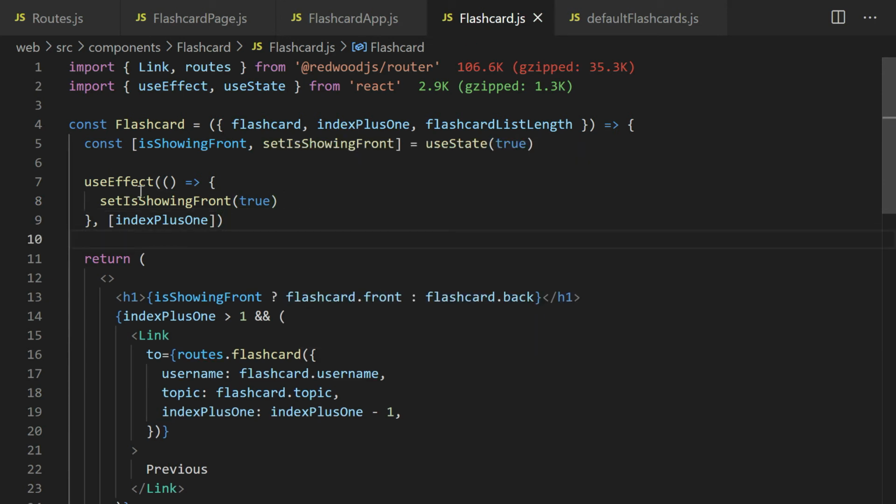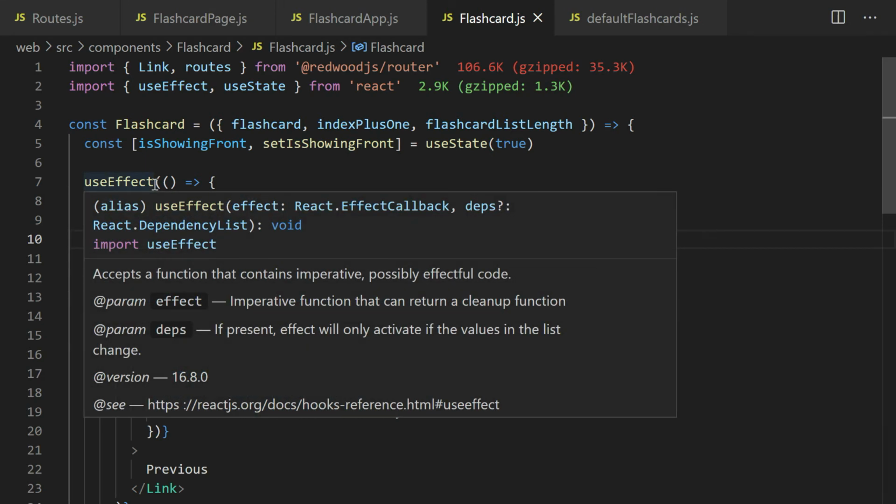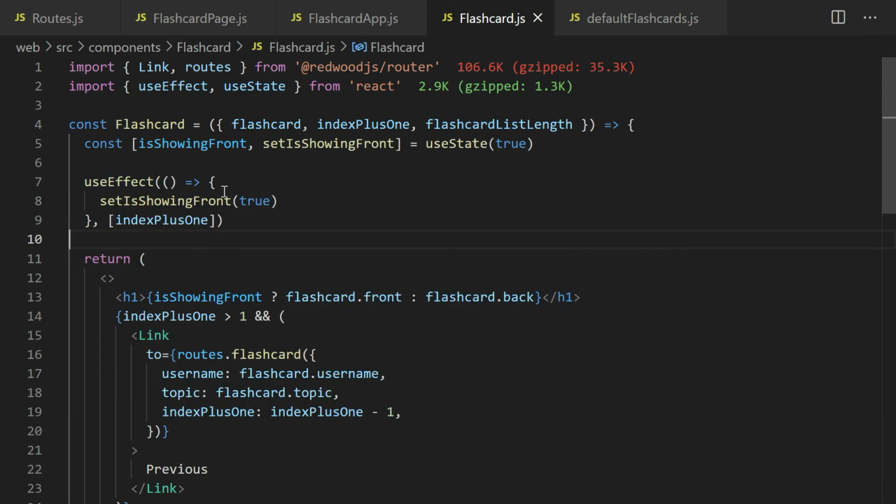So this is the useEffect hook. It was auto imported. We pass it a callback, which is executed when the items in the array that's passed in as the second parameter or argument in this function change. So if all goes well now, if I save this,